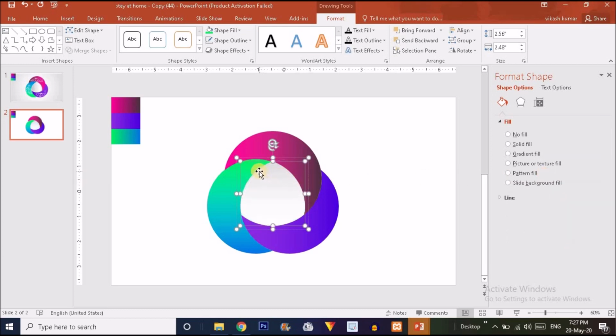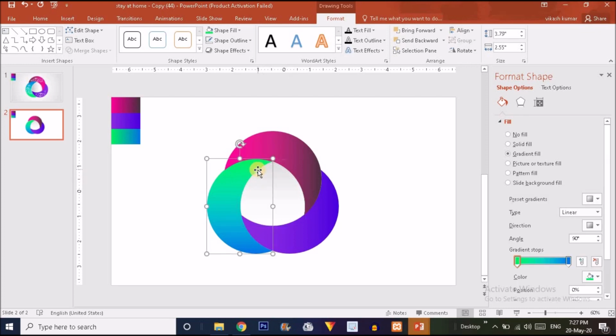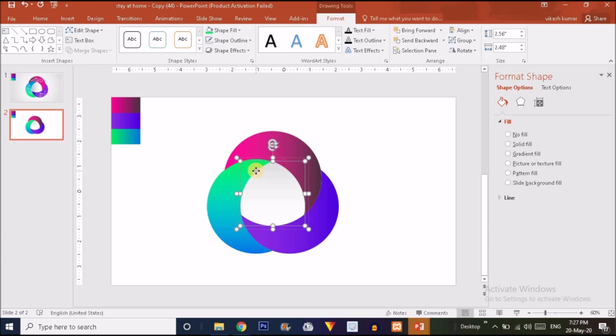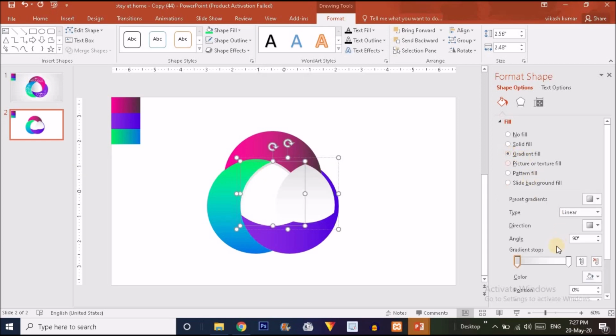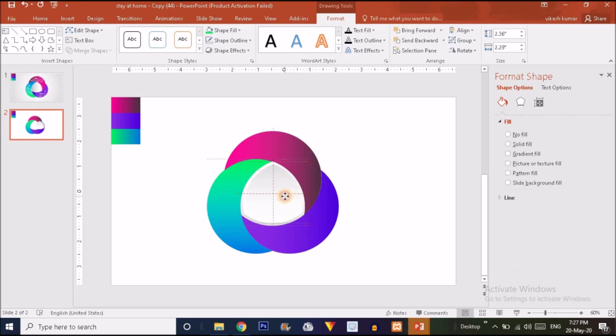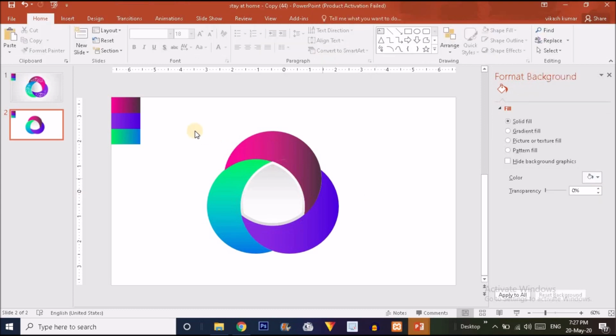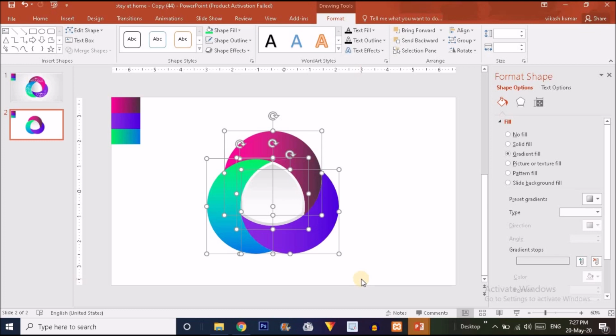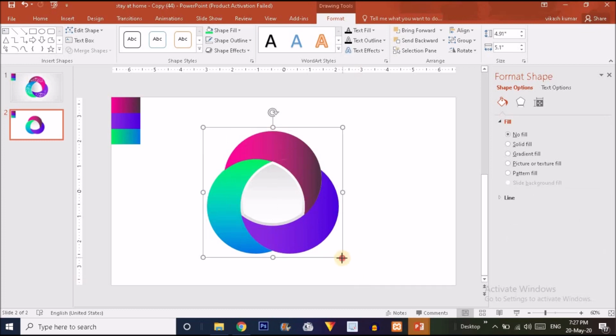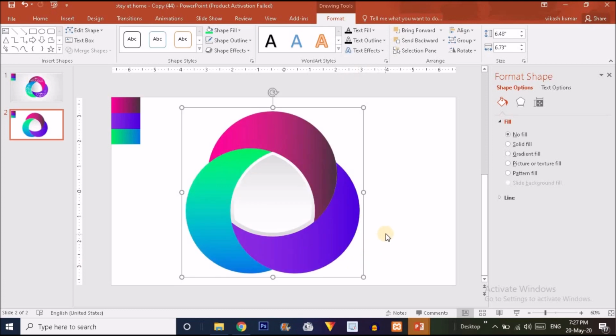Now for the bigger outer shape, this is outer shape. For outer shape, just click on the gradient fill option and just alternate the handles like this. Means you have to slide the left handle to right and right handle to the left, and keep the shape over here like this. Now what we'll have to do is we just have to select all these shapes and press Ctrl G to group it. Just press Ctrl and Shift together and drag it outward to make it bigger like this.